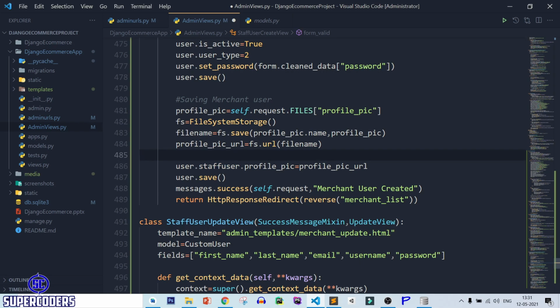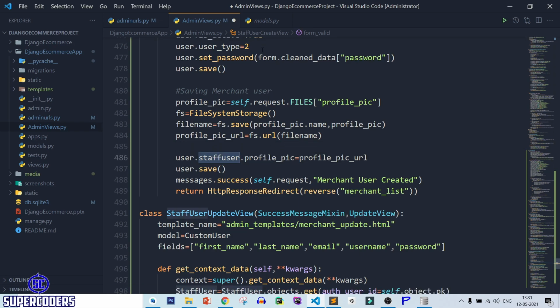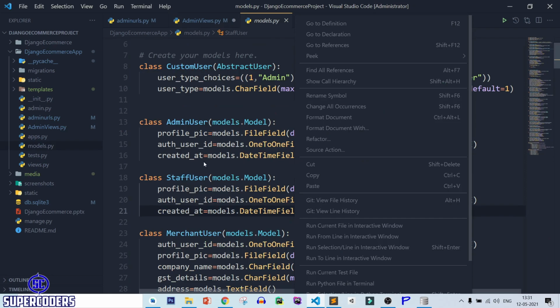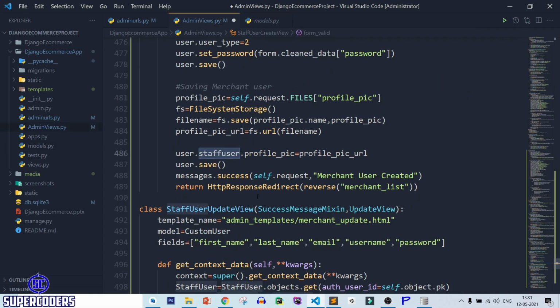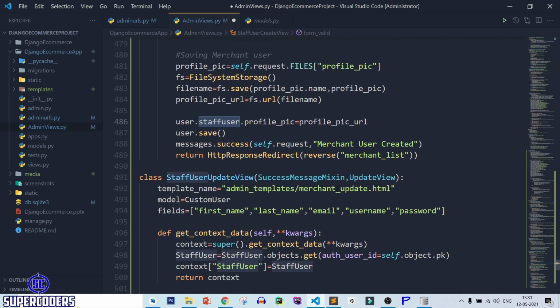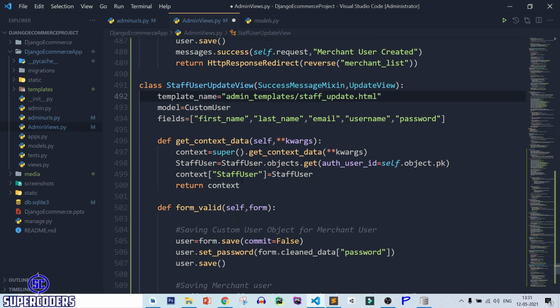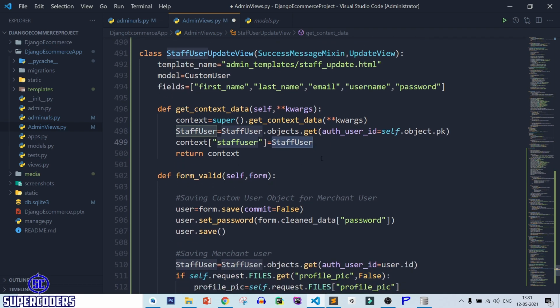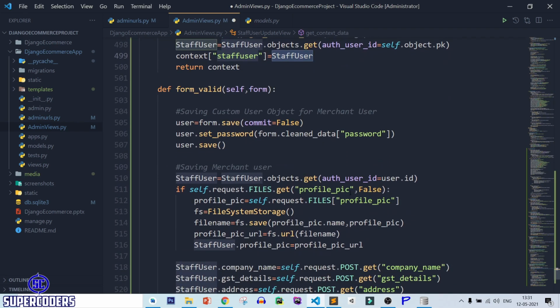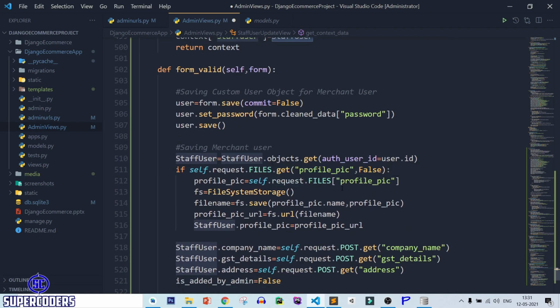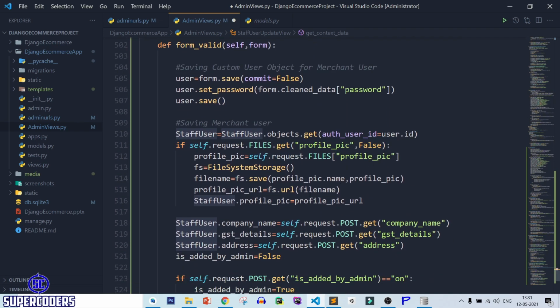After that let's see, next is update view, so staff update, again context staff user. And also here same thing, profile pic, perfect, profile pic done.